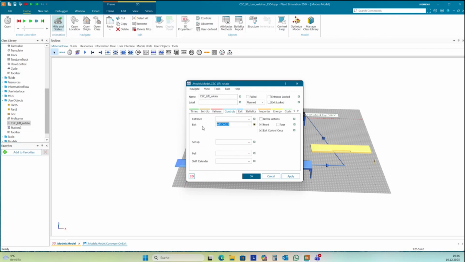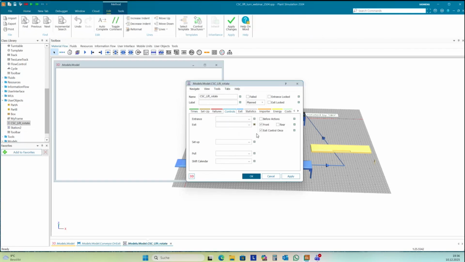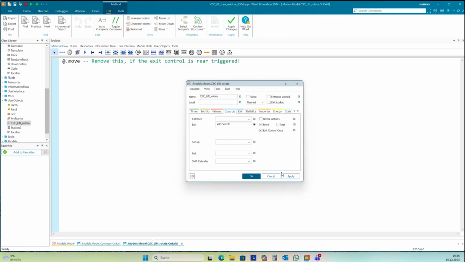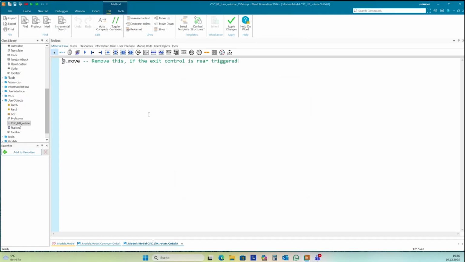I delete my exit control from here and create a new one. Now I want to move lateral and rotation at the same time within 20 seconds.